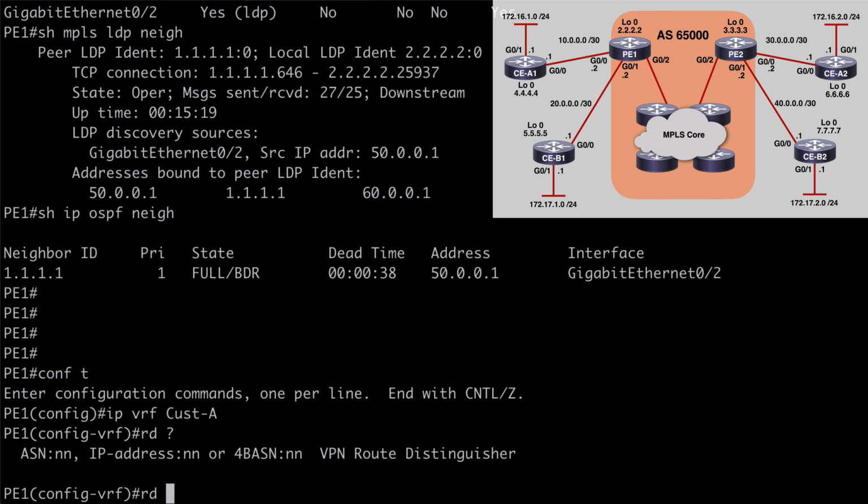And if we look at contextual help, we can see the format options for that. Now, whatever you choose, it really doesn't matter. It's actually just up to your own preference because this is mostly cosmetic. I'm going to use the first format that we see indicated here, which is a 2-byte autonomous system number followed by a 4-byte custom identifier value. So in my case, I'm going to make the route distinguisher for the customer A VRF